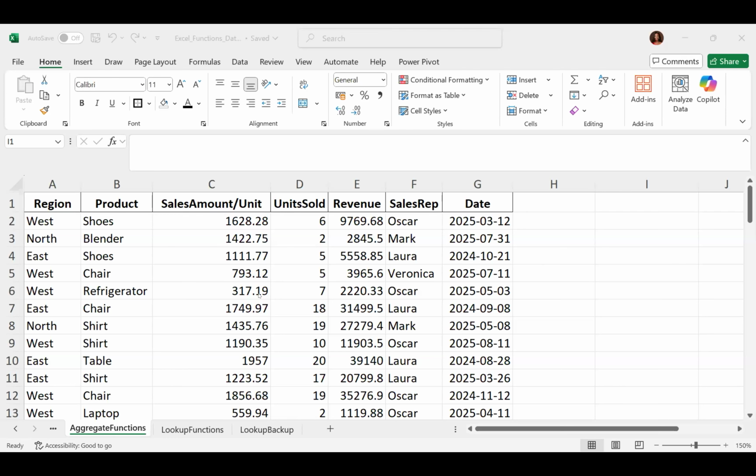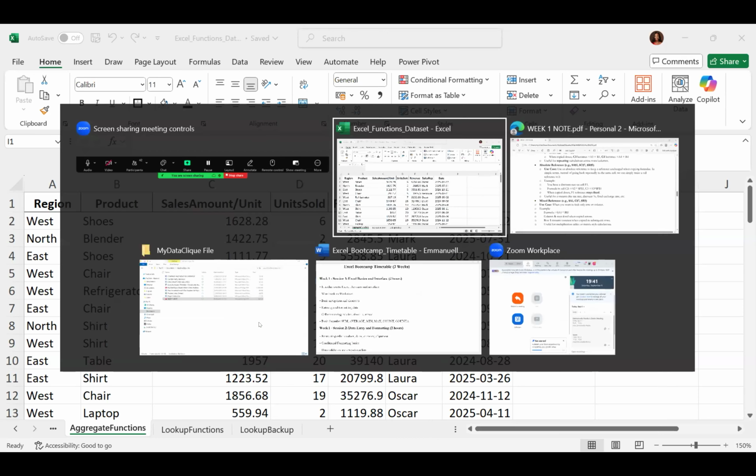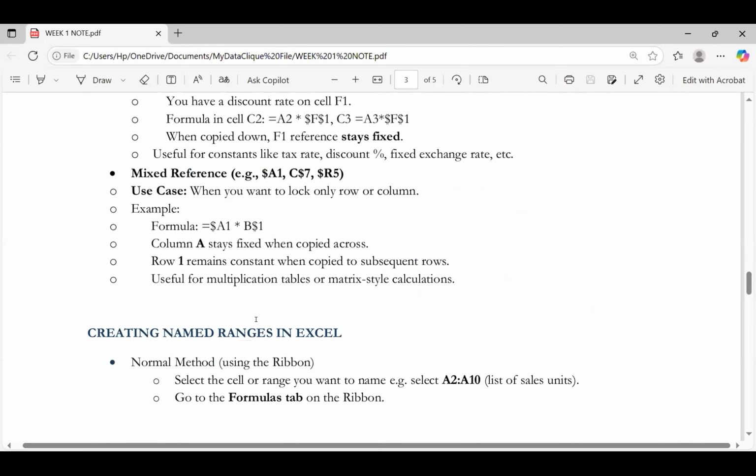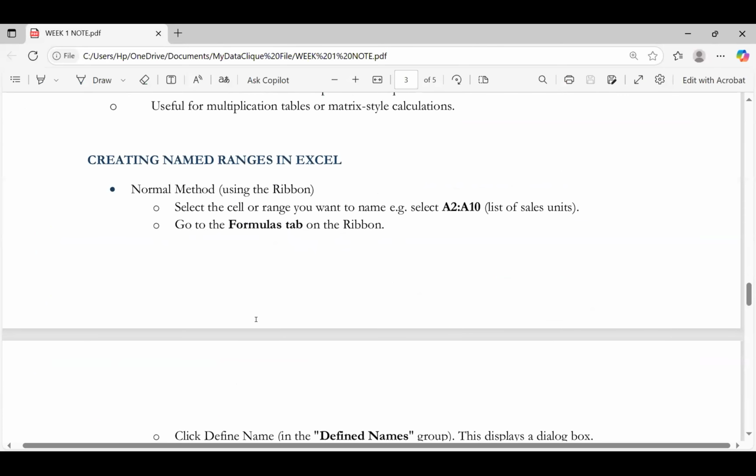Thank you. All right, so let's do one more thing for the night, which is creating named ranges in Excel. Let me share mine. All right, so this is fine. Okay, so let me scroll. So when we talk about creating named ranges